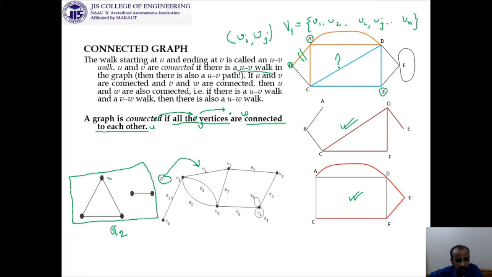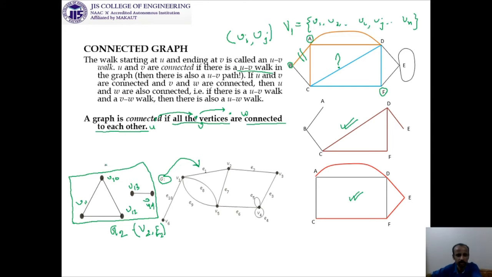Suppose you want to rename the vertices, then suppose it is V10, it is your V11, it is your V12, it is your V13, and it is your V14. So here if you consider this graph G2, which is suppose V2, E2, then your V2 is nothing but starting from V10, V11, V12, V13, V14.